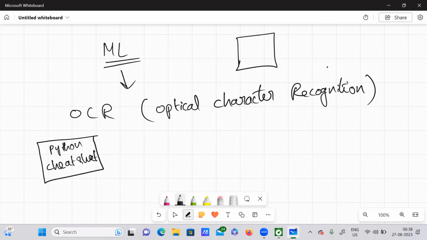Whenever I say cheat sheet, it usually includes all the text, all the coding things related to Python, usually present in a textual format. So it is a kind of image in which some textual data might be present.